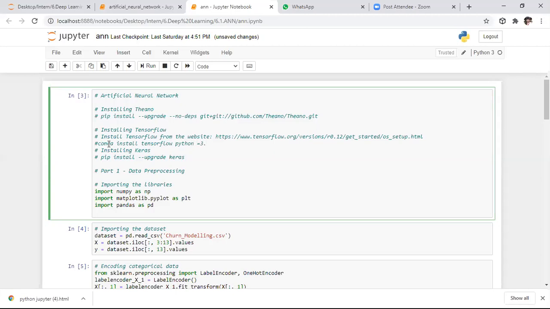So here we are using the Python 3.7 version. If you want to install the TensorFlow framework in your laptop, you need to use this command: conda install tensorflow python=3.7. We need to specify this command if you want to install the recent upgraded version of TensorFlow.